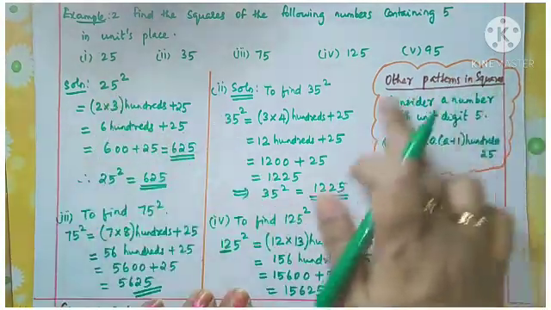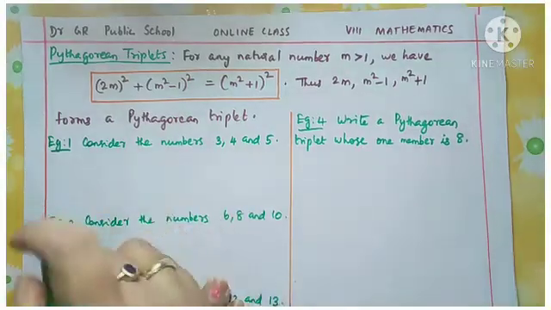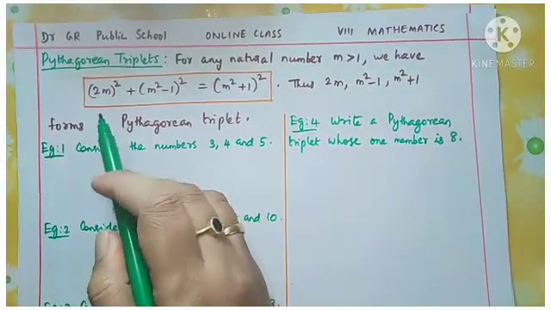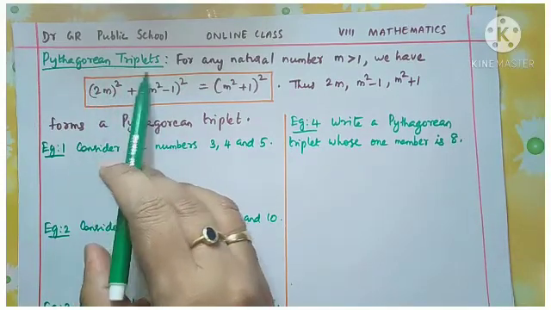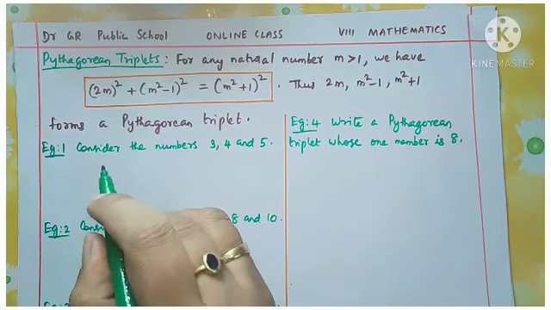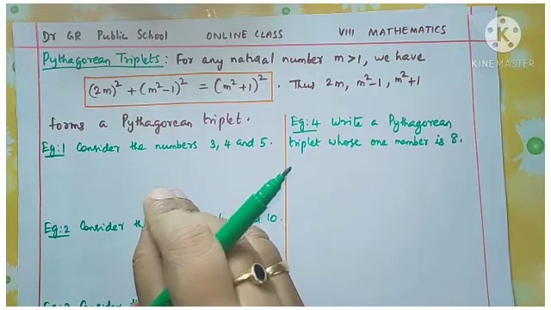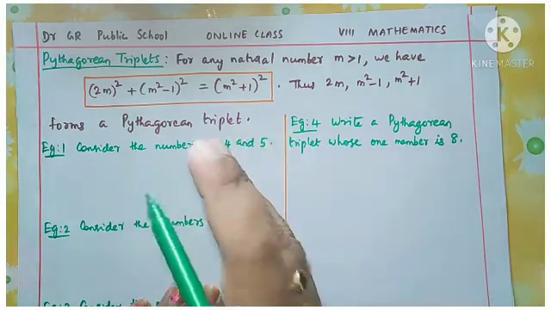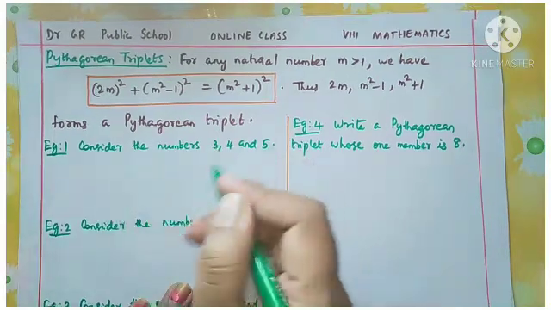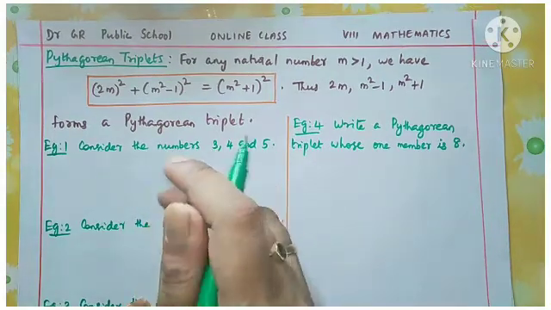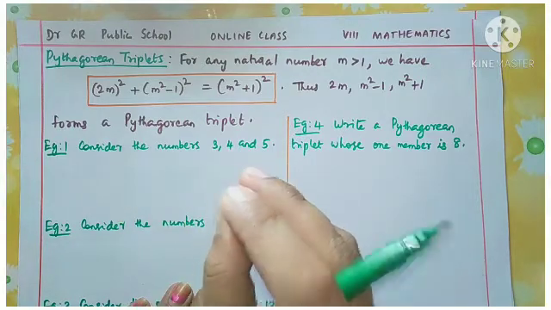So you should remember this result to find out the answers. Yes, next your topic is about Pythagorean triplets. Triplets means there are 3 numbers, and Pythagorean triplet means here we are applying the Pythagoras theorem property. In earlier classes you have learned about the Pythagoras theorem, and it is related to 3 numbers